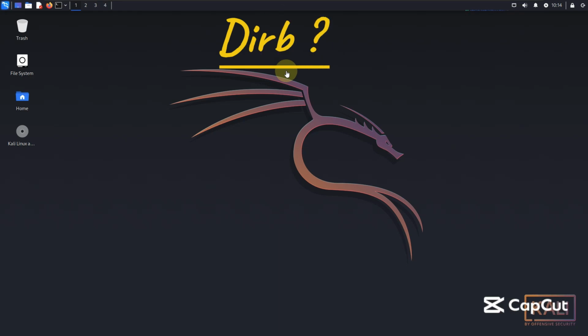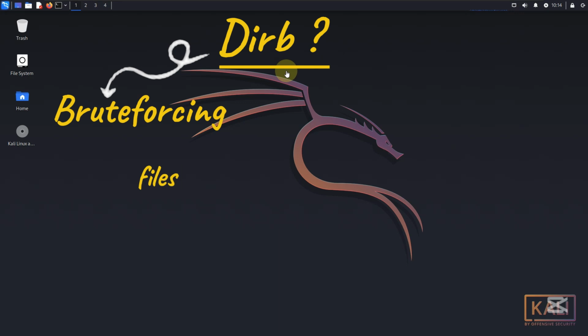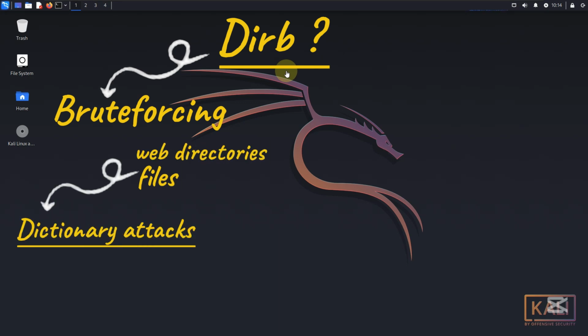So Dirb is a lightweight command line tool designed for brute-forcing web directories and files. It works by launching dictionary-based attacks, essentially trying various paths and file names from a word list to see what exists on a target server. This method helps you uncover directories and files that may be linked on the main websites, potentially exposing sensitive information